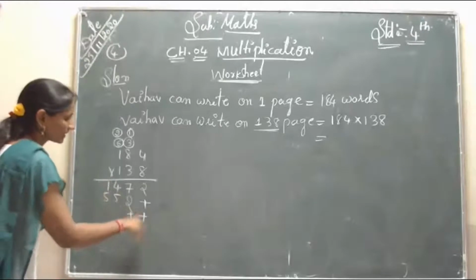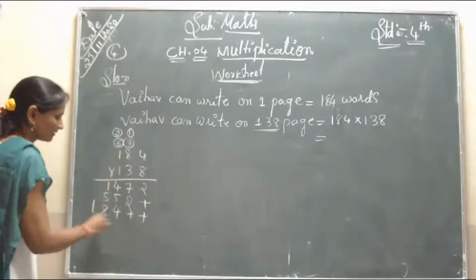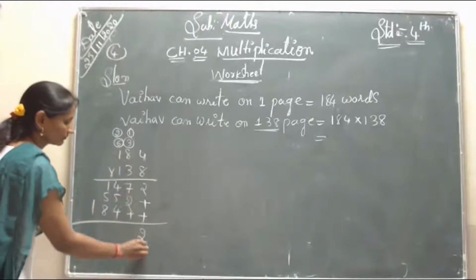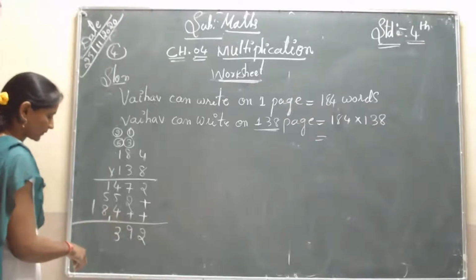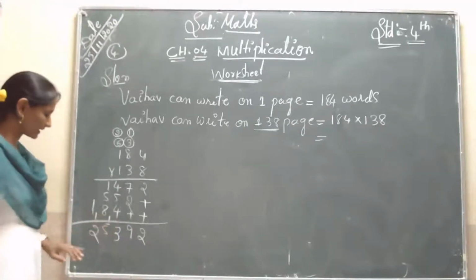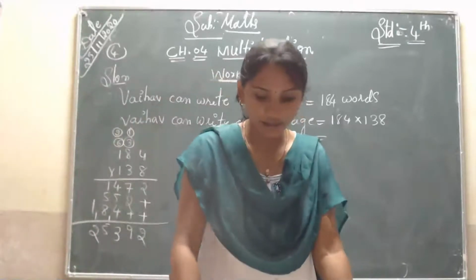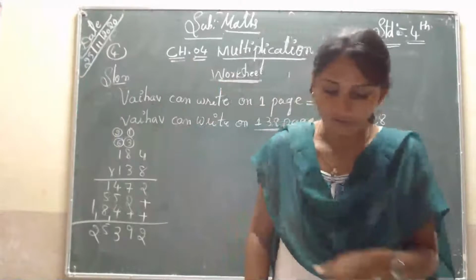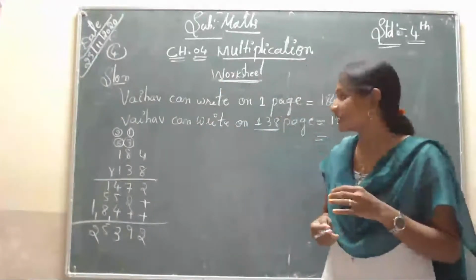We have to write here plus. 1 4 is a 4. 1 8 is an 8. 1 1 is a 1. We have to write here 2, 9, 3, so that is 15. Here, students, what is the result? 25,392. So the number of words, students, that Vaibhava writes,